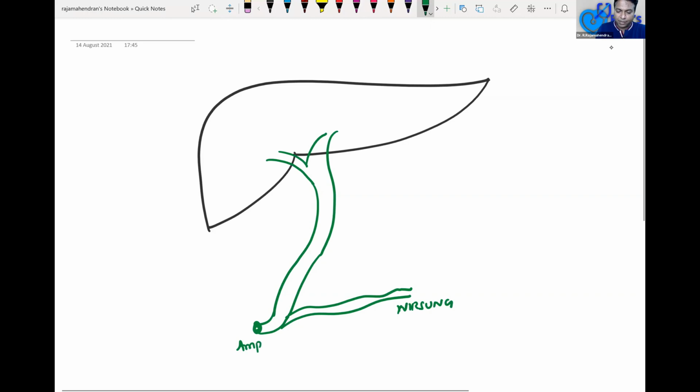This is a very important anatomy, basic anatomy. So right duct, left duct joined to form the common hepatic duct. So common hepatic duct is joined by cystic duct. This is a cystic duct and this is gallbladder. And it now forms common bile duct. So in an ultrasound, when you do an ultrasound for an adult patient, the normal diameter of common bile duct is 6 millimeter.